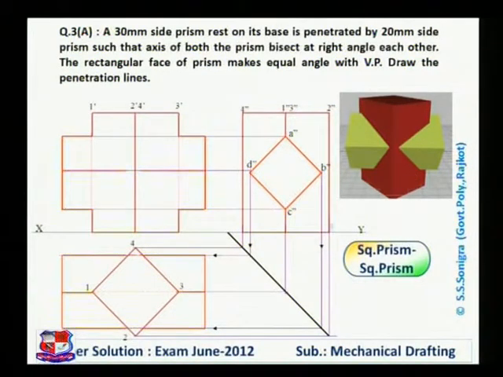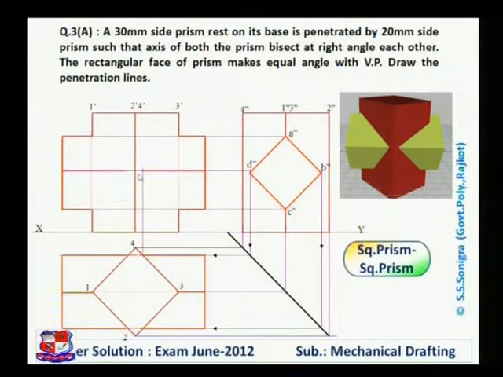Now we have to think about the line of intersection, this line. This is the line of intersection. You can see here this line and this line, from here to here, from here to here. How to find the line of intersection of these points? So for that, let me start from here. We can pick up this point. You can see here this point. This point is here. So from this point, draw a vertical line.